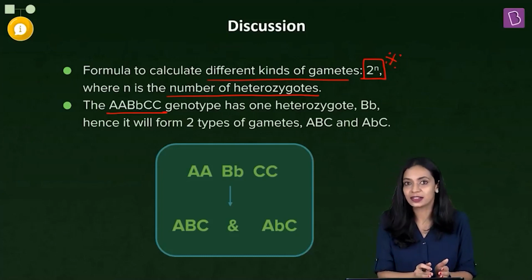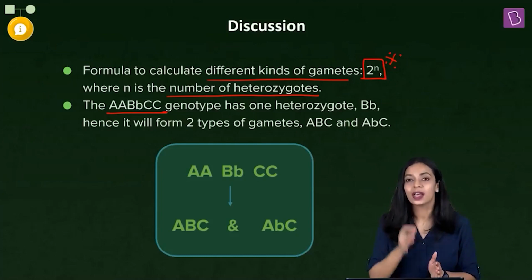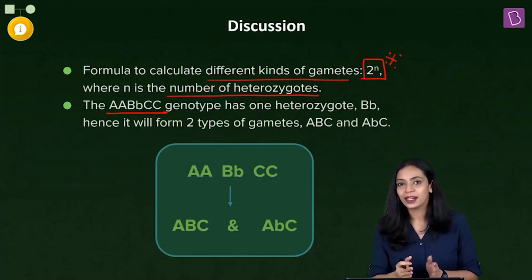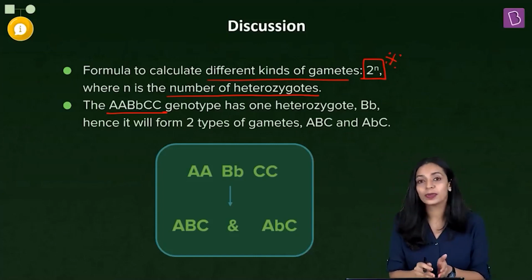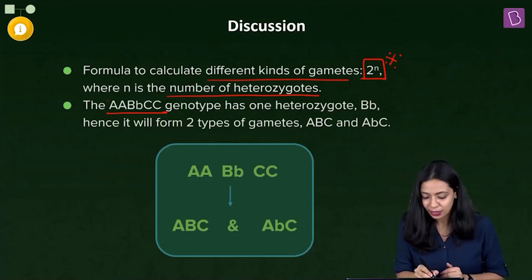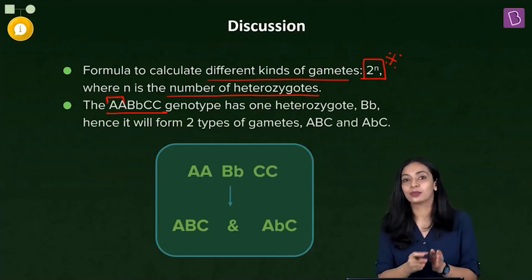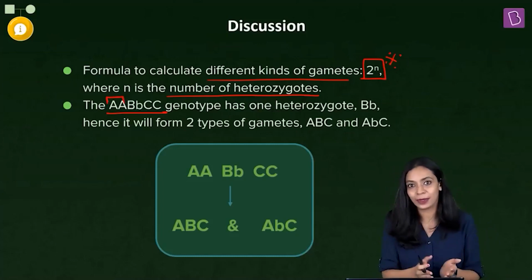There are 3 genes here, right? So each gene in an individual will carry 2 alleles. One it receives from the male parent and the other it receives from the female parent. So there are 2 A's, 2 B's and 2 C's. Now, whether or not they are similar, we have to look at, okay? So if both the alleles for a particular gene, now let's consider gene A, you have capital A, both of them are of the same type, both are capital A's. Therefore, it is homozygous, okay?